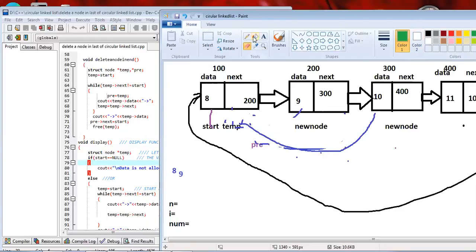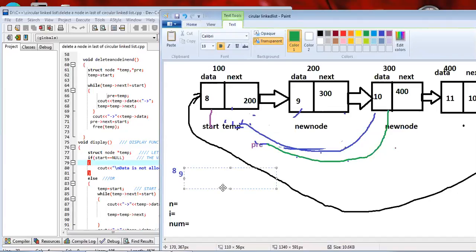See out temp data, meaning temp points to this node, and this node contains the value 10, and 10 is displayed on our screen.